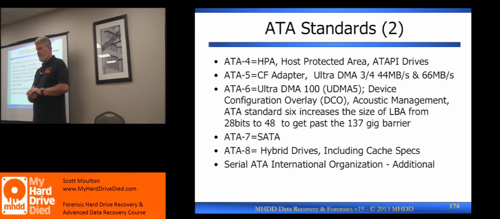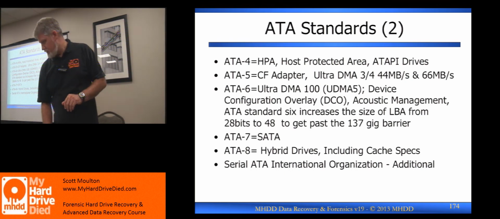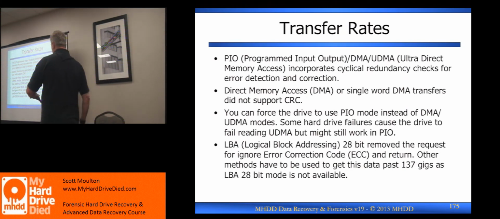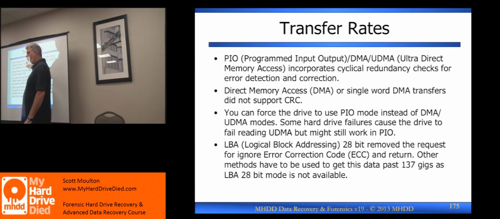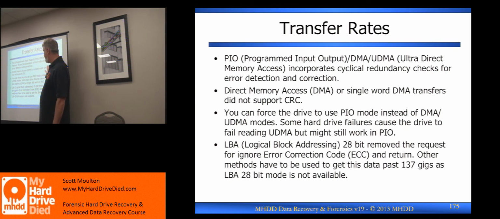Everybody good? All right, so now this is the summary of these items. We have PIO mode, DMA mode. Now there are about 8 different types of DMA: 3 different types of DMA, and then 6 different types of UDMA. You're looking for the sweet spot. I'm going to talk about these again. You're going to see these in the Deep Spar in a few minutes, so you'll see it used practically. I'm teaching it to you for a reason.